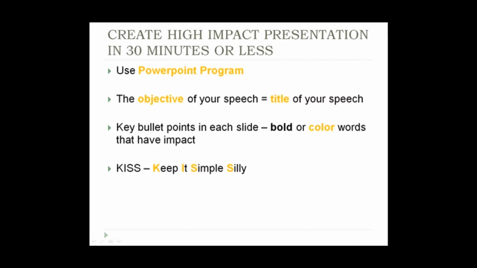It is also worthy to note that expert speakers like T. Harv Eker use nothing more than a whiteboard and marker pen, though this is best reserved for speakers with more experience. For now, start off with leveraging on PowerPoint presentations to boost your speech excitement and flow of message.